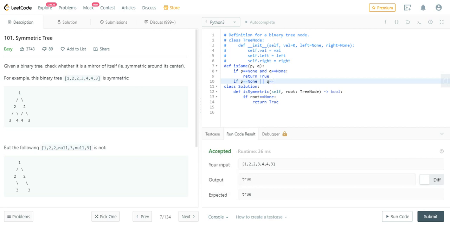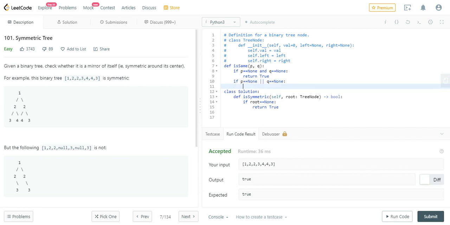So if our code survives the first check, then we are pretty sure that if it comes to this check, either p or q is not none. That's why it has come here. If both of those were none, it would have returned from there itself, right?